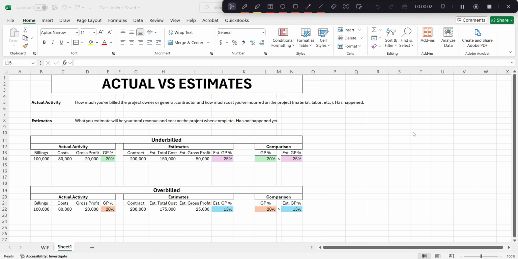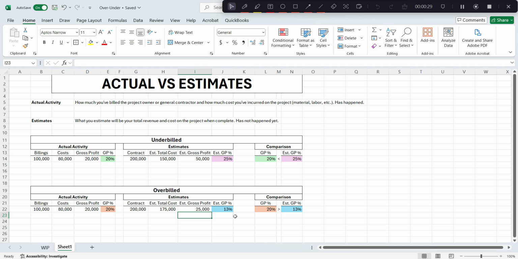Now let's take a look at the second scenario. Same actual activity. We had $100,000 in billings, $80,000 in costs, $20,000 gross profit, or 20% in gross profit. Now the estimates are different. We have total gross revenue expected of $200,000, total estimated cost of $175,000, with $25,000 estimated gross profit, or 13%